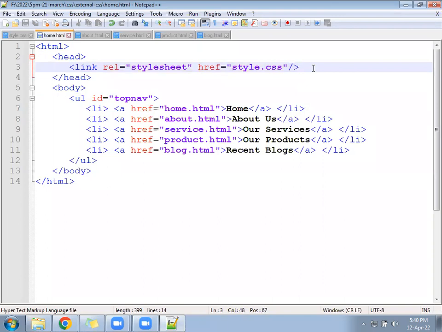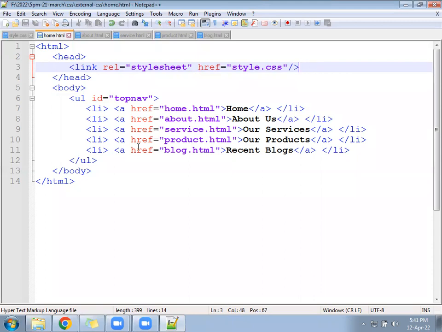But if the same CSS code is written in a separate file, that becomes external CSS. External CSS is the best option in the market. Everyone follows external CSS: one CSS file and multiple HTML files.